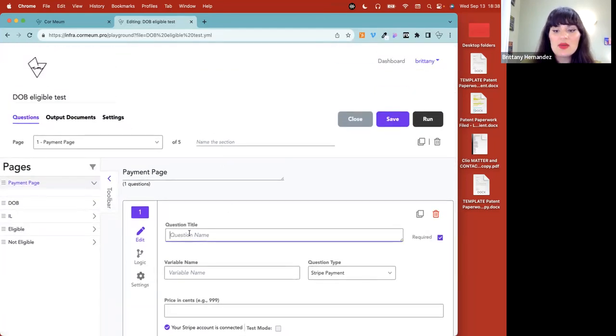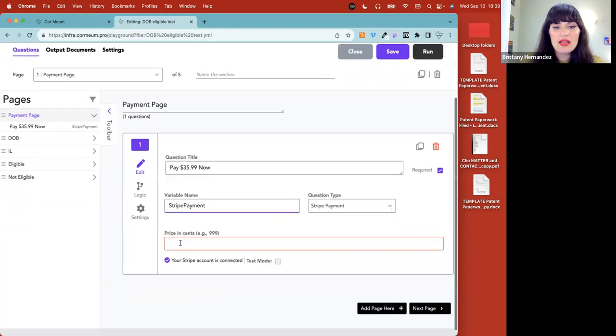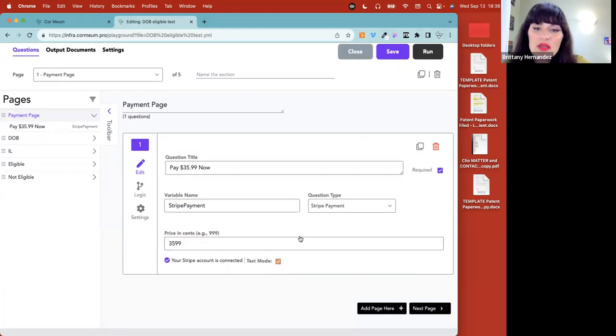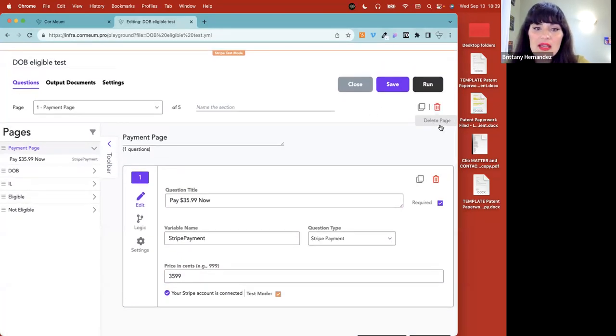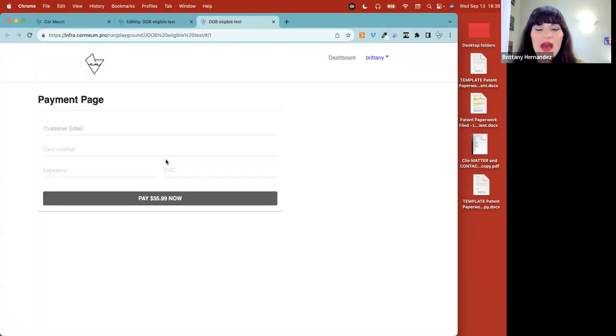The question title is going to be the button text, you can say something like pay $35.99 now. The variable name can be something like Stripe payments, and then we can give a price in cents. So it would be $35.99 without a decimal. And then we can put this in test mode just for this particular example, save this, and then we can run this. So what we'll be able to see from this particular case is now I have a payment page,